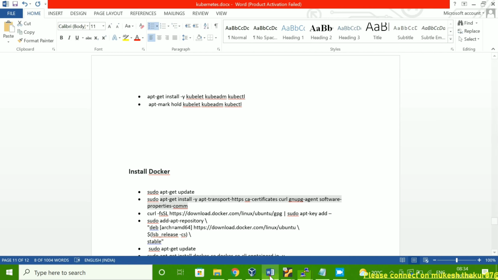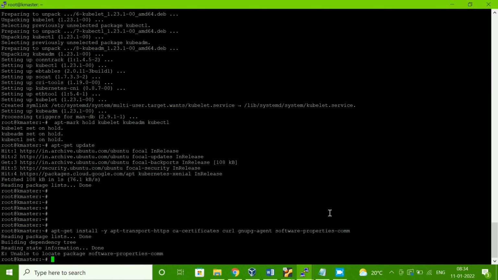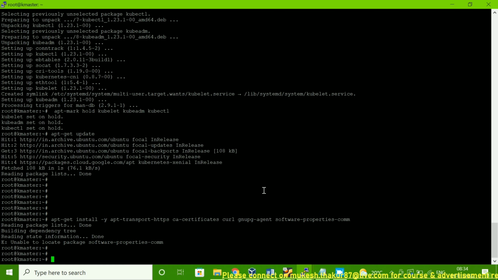Fine. Now what we have to do? We have to run this command on the master node as well as on the worker node. Let me copy this command.